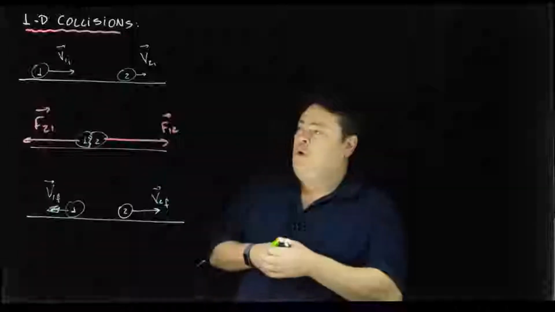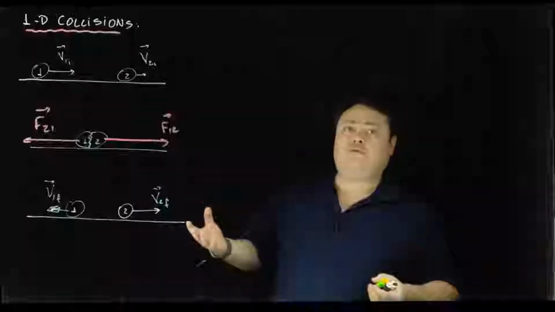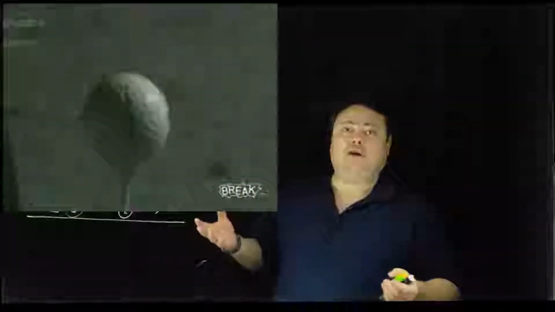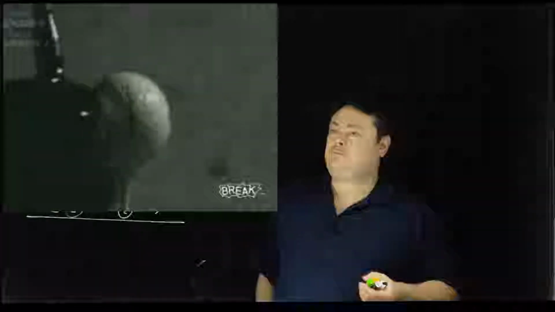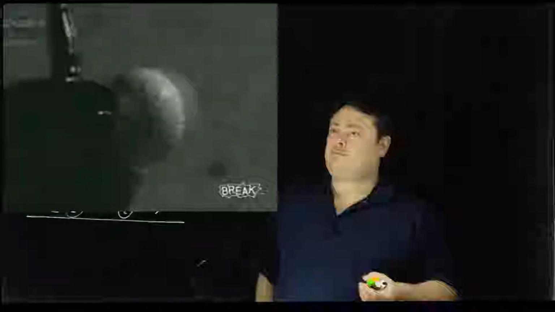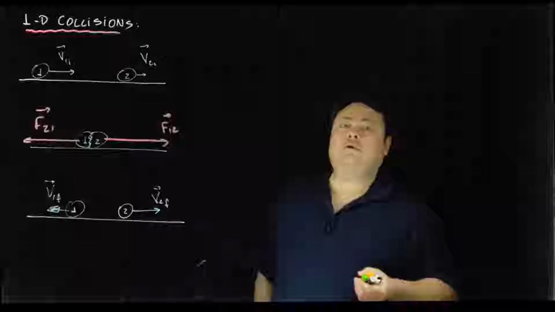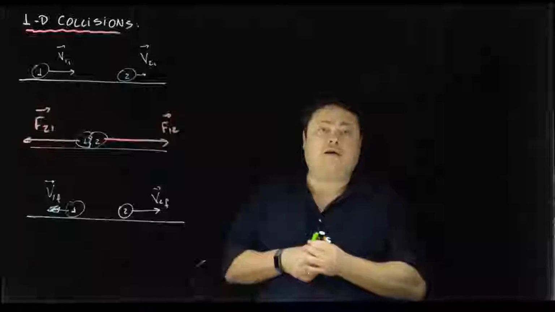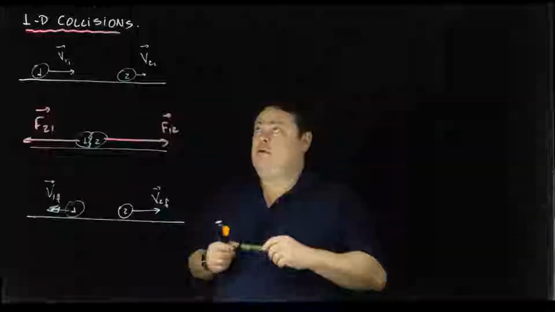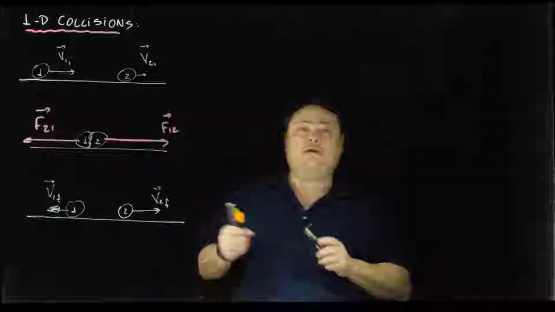Okay? Well, while they are colliding, they suffer deformations. And this video from the golf ball being hit by a club that I downloaded from YouTube is a good example of it. You see that every time an object is under the influence of a force, it will suffer a deformation. Now, the general kind of collision that we're going to have will depend on this kind of deformation that the